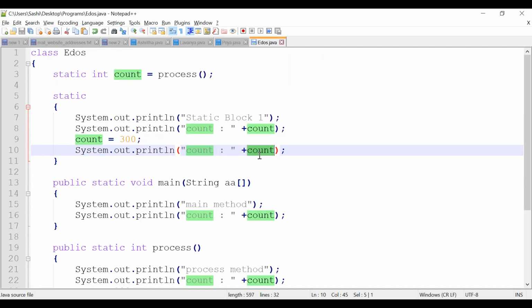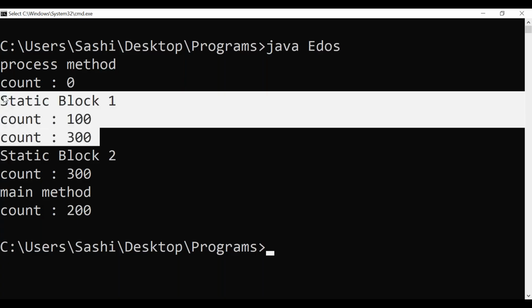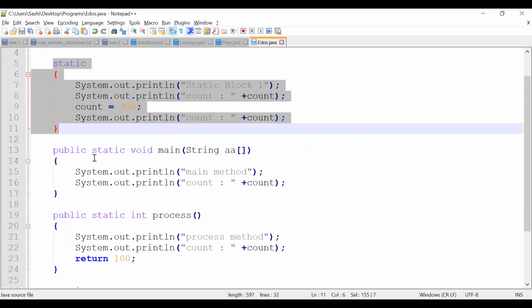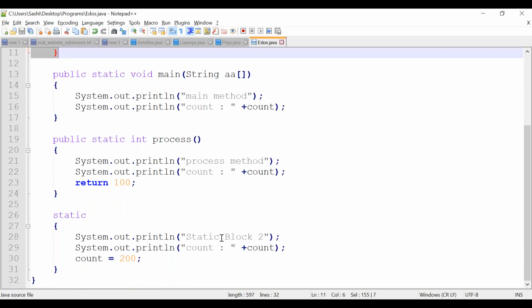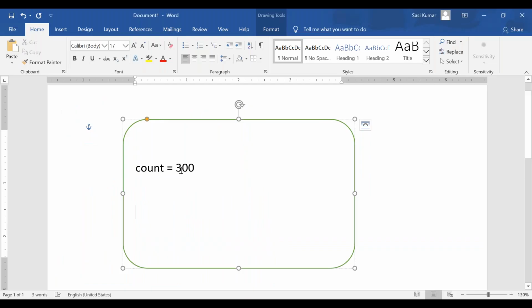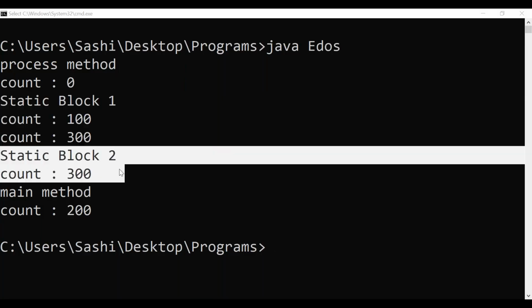Again you are printing the count value, 300. Now static block 1 is executed. Then the second static block, you are printing static block 2. What is the count value? 300. That's why you are getting static block 2 count value is 300.